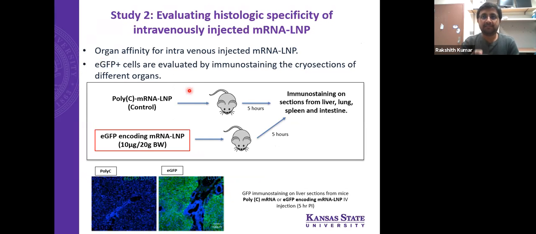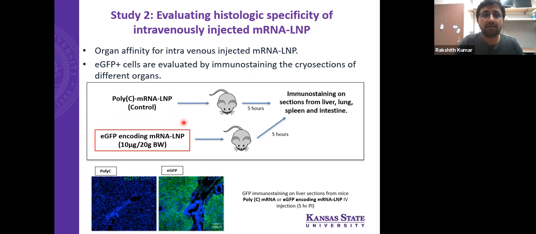After confirming that the mRNA reaches the liver and gives transient protein expression for 8 days, they evaluated the histologic specificity of intravenously injected mRNA LNP. So they checked the organ affinity for intravenously injected mRNA complexed with lipid nanoparticle. Here they used EGFP encoding mRNA at a dose of 10 micrograms for a 20 gram mouse, and also they used poly-C mRNA